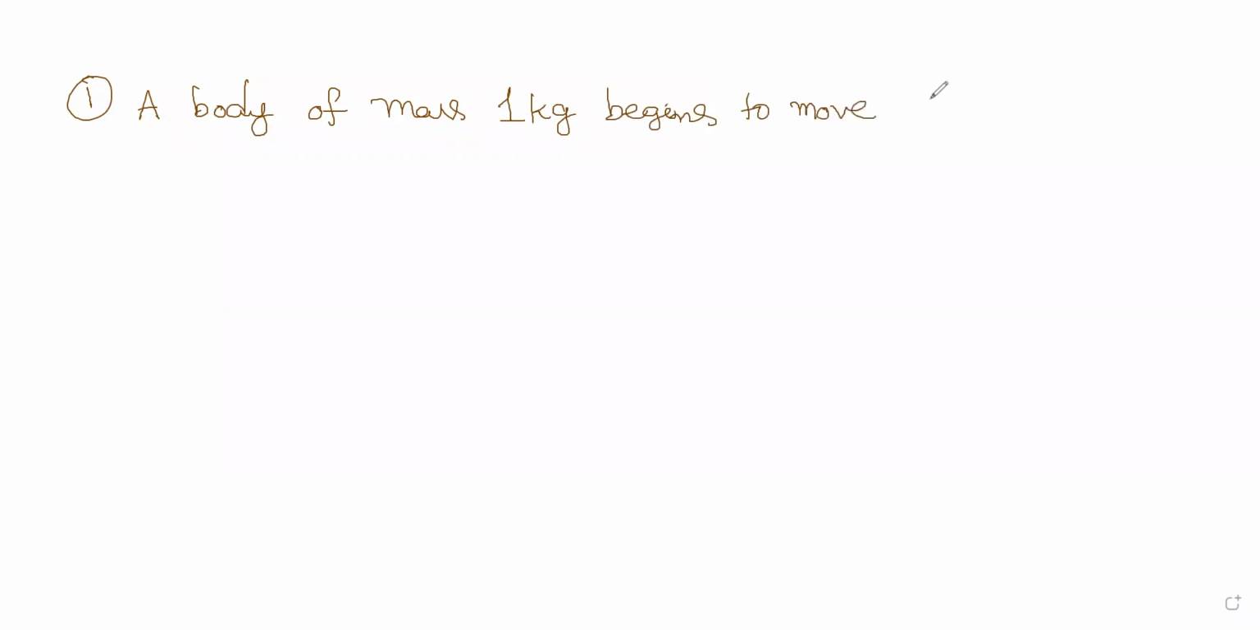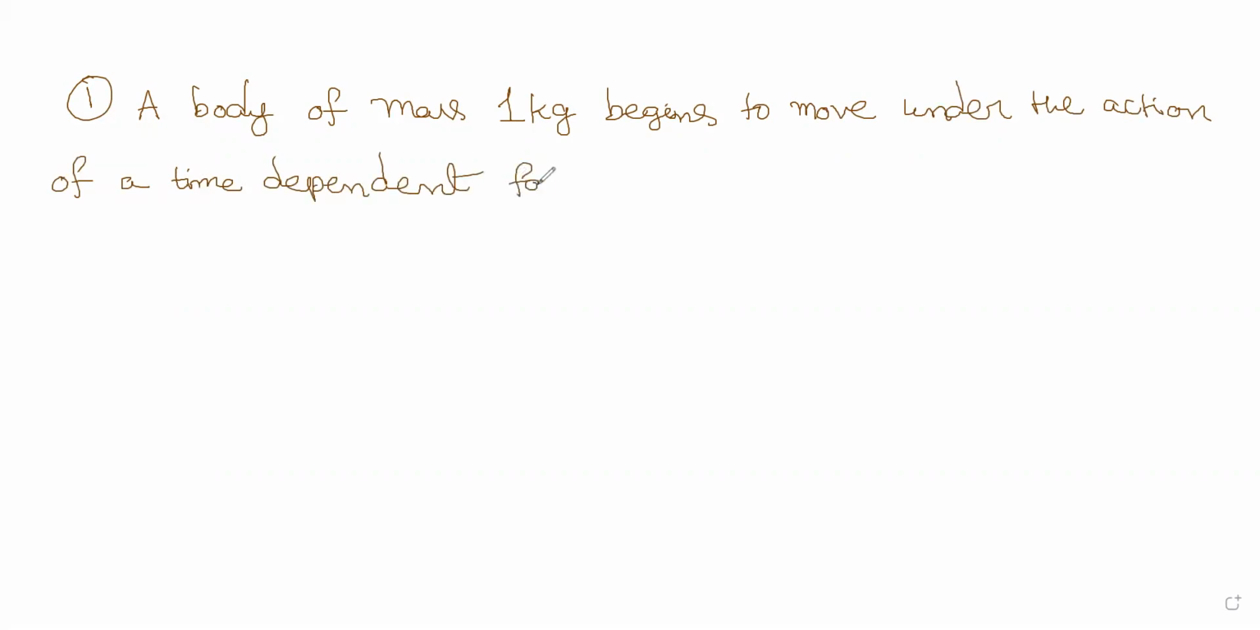The first problem. A body of mass 1 kg begins to move under the action of a time dependent force F bar is equal to 2t i cap plus 3t square j cap newtons,